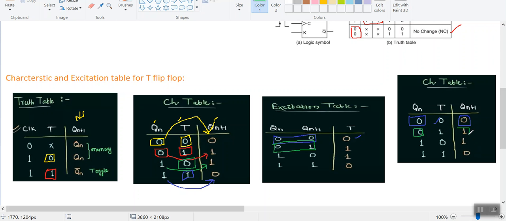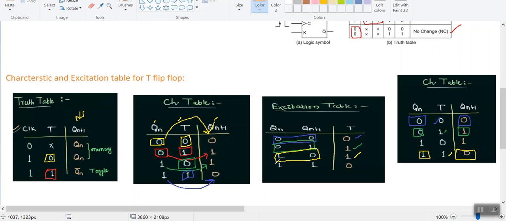So, 0 and 1. Okay. Now my T is equal to 1. Therefore, I kept T is equal to 1. And from that particular third condition, when Qn is equal to 1 and Qn plus 1 is equal to 0, at this condition from the characteristic table we can understand that Qn is equal to 1 and Qn plus 1 is equal to 0. So this is the yellow representation I am doing here. So 1 and 0, so you are getting your output as T is equal to 1. Therefore, I kept here T is equal to 1.